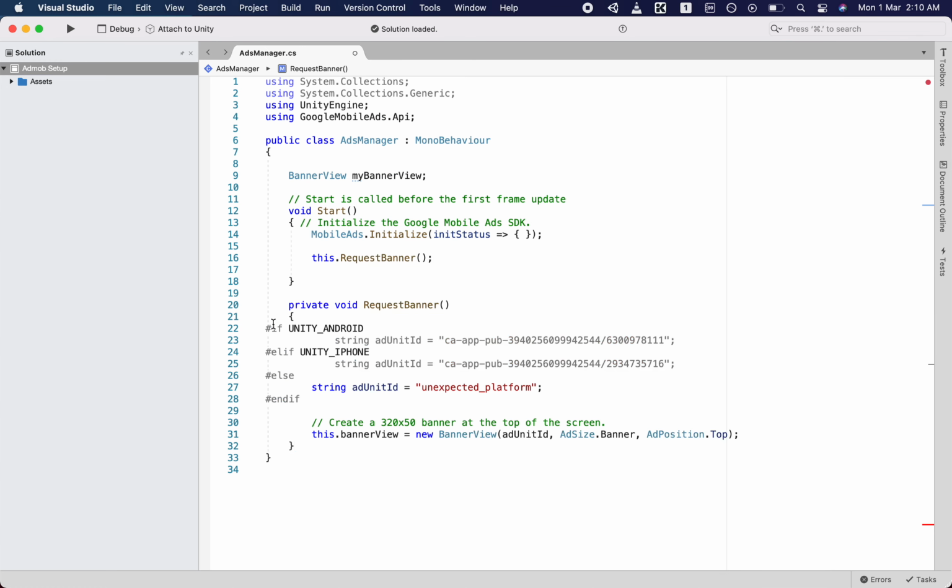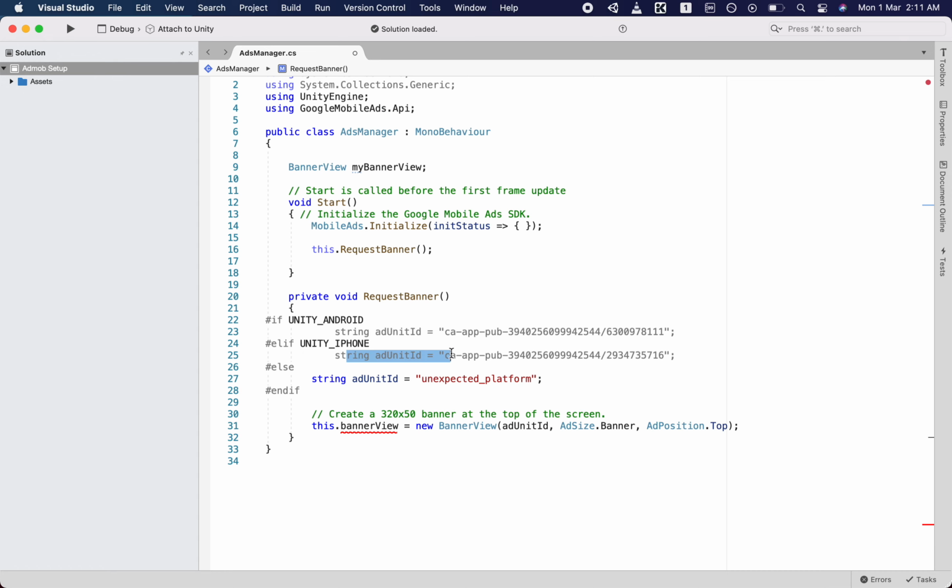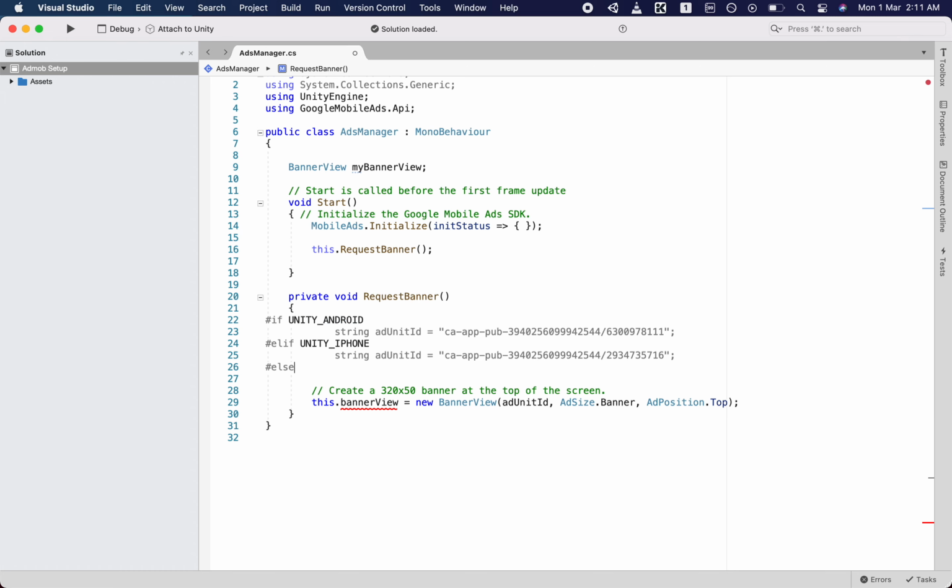So we don't need to know about it, but what it does is basically request a banner from the Google AdMob SDK. So these are the conditional statements. So if Unity Android, then this will get run in the Unity Android. If this is for the iPhone, this will get run here. Because there are different ad unit IDs for AdMob Android and the iPhone. So that's why we need to do this. For iPhone, we'll use this ID. For Android, we'll use these IDs. And for editor, let's get rid of this and type #endif. Now here it requires our banner view, so let's pass that one, and it also requires the string unit ID.